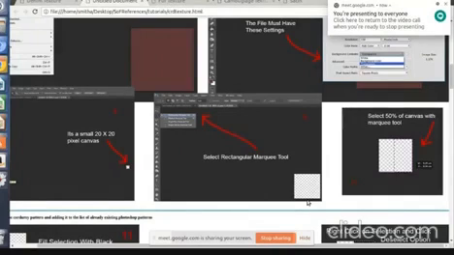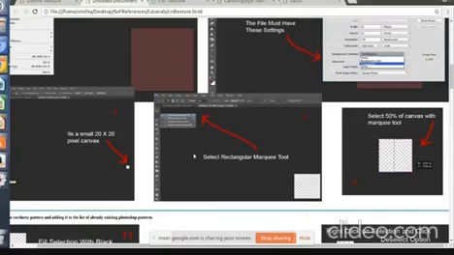To make the screen bigger, you have to press Control and plus together. If you want to make the screen smaller, you have to press Control and minus. This is a shortcut key.